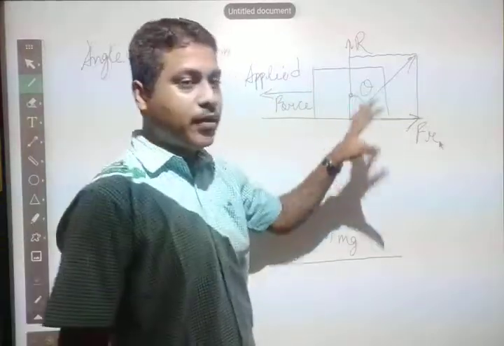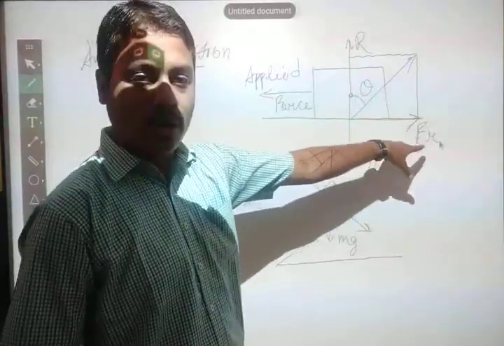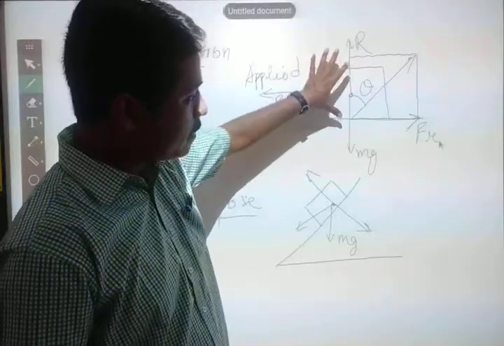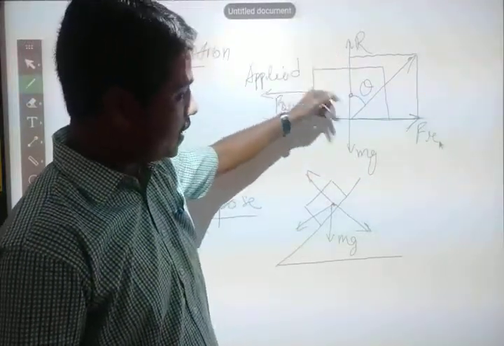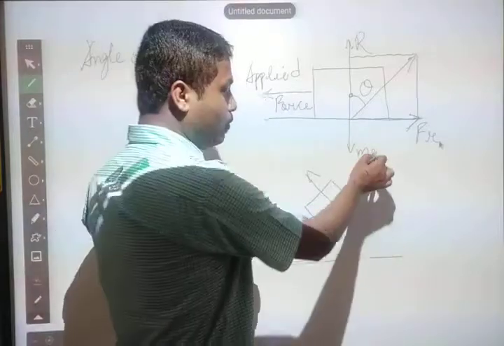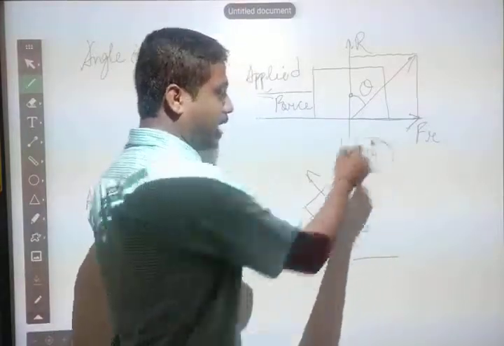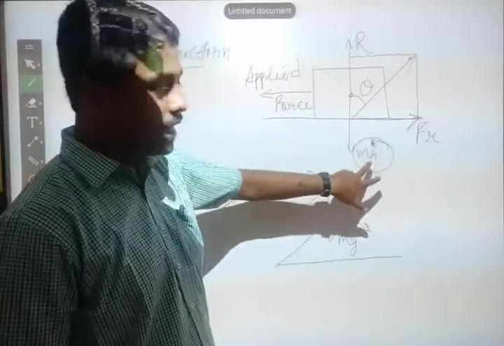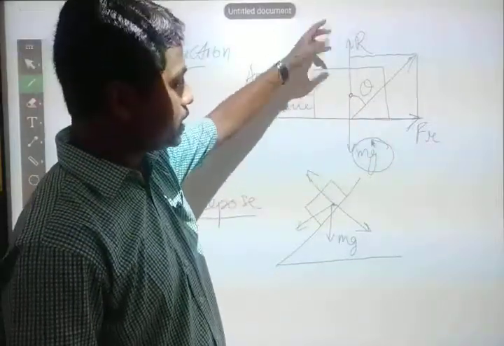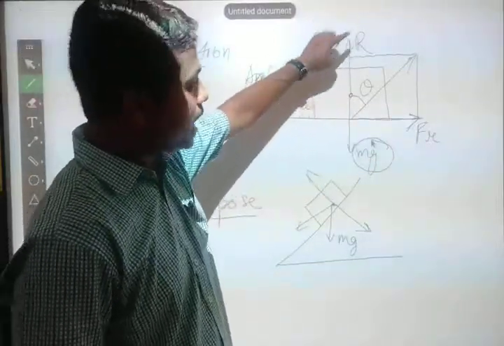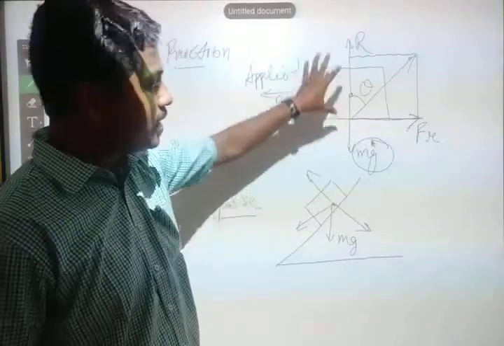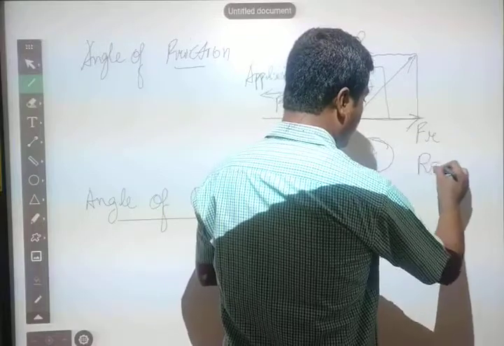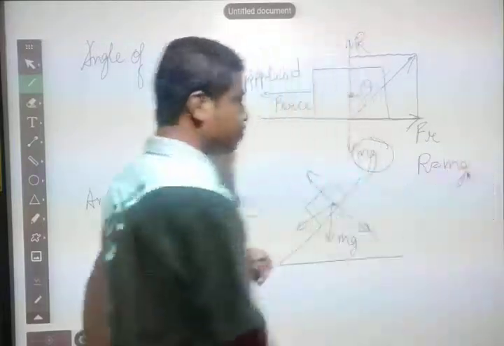Now, what are the different forces acting here? One we already know is the frictional force. The other one: since your object is placed on a surface, the weight of the object acts in the downward direction, that is mg. According to Newton's third law, if this is action, there will be a reaction force on the opposite side, equal to R. This R is balancing the weight of the body. That means here I can consider that R is equal to mg.